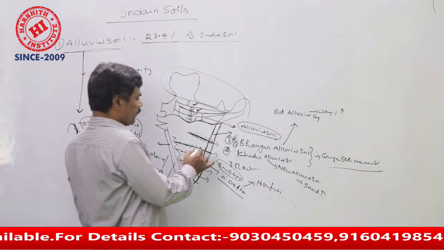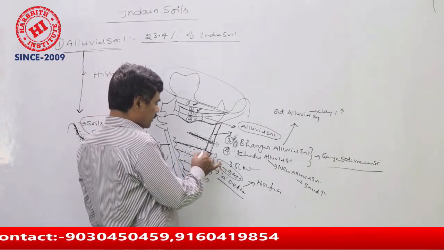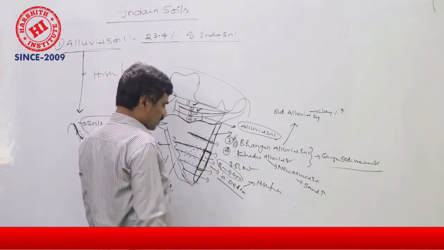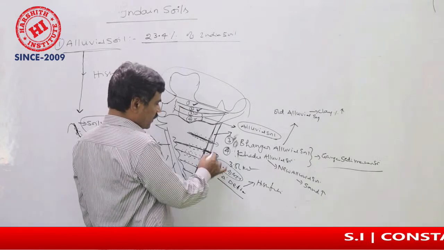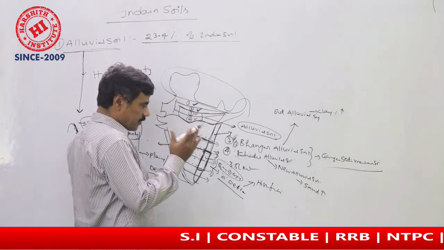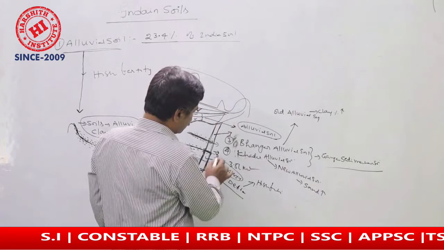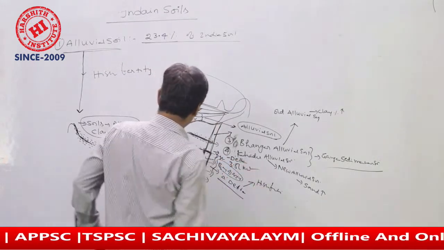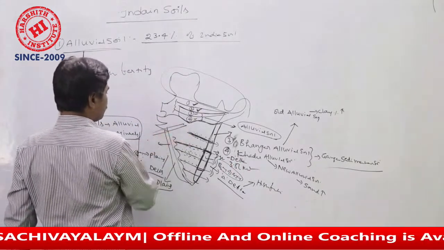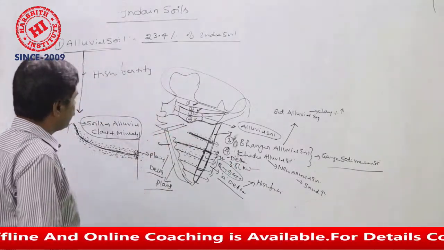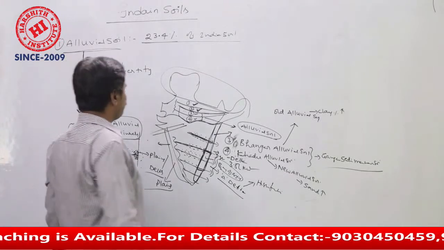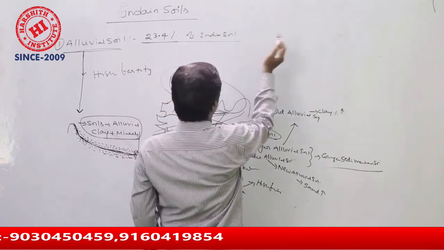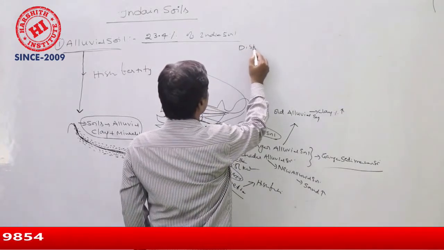Mainly the Godavari, Krishna and Penna, these three rivers pass through the Andhra Pradesh east coastal plain, the Sarkar coastal plain. This Sarkar coastal plain is deposited with alluvial soil in the shape of a delta. And also Narmada and Tapi deposit alluvial soil in Madhya Pradesh, Maharashtra and Gujarat. Right, this is the distribution of the soils